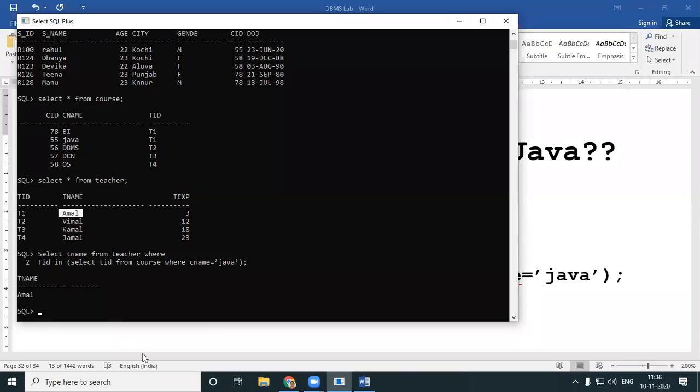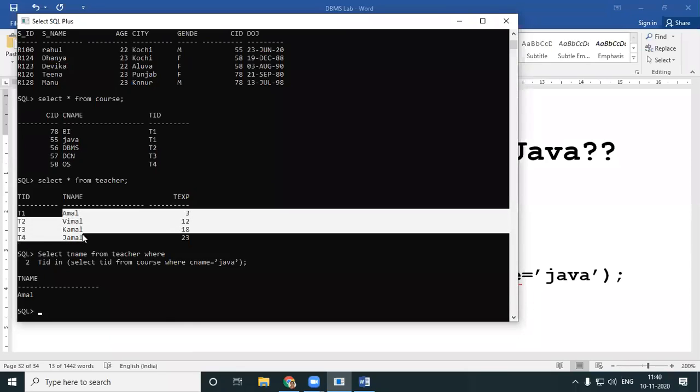Amal teaches Java. Okay, I have a question. Find the name of the teacher who teaches Manu. You need to find out T name, the name of the teacher.